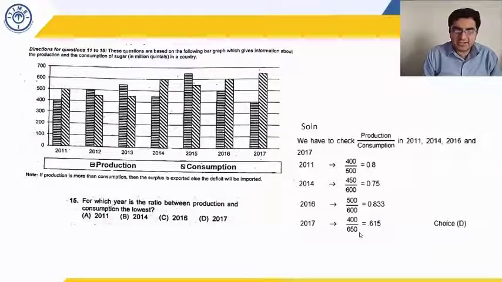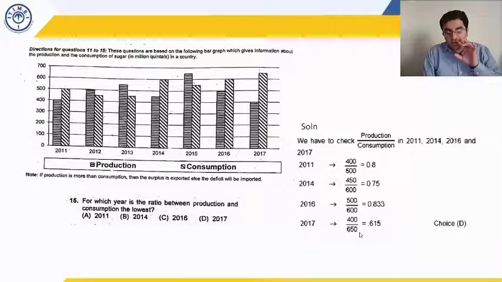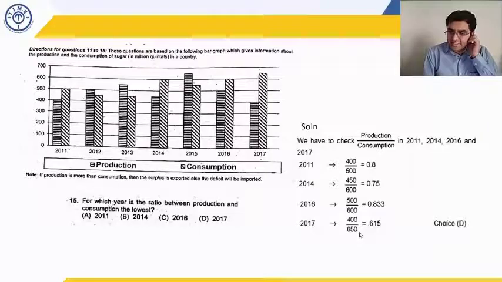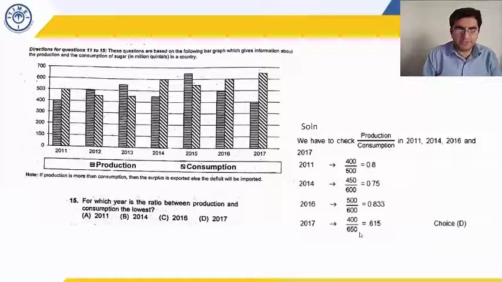Of course, these numbers are very, very simple, but the technique that I mentioned might be more useful when you have some tougher or more complex calculations. For example, if you were comparing 449 divided by 601 versus 399 divided by 659, then you cannot sit and calculate all of these values. So then you see that numerator is smaller, denominator is larger. So the answer should be option number D.